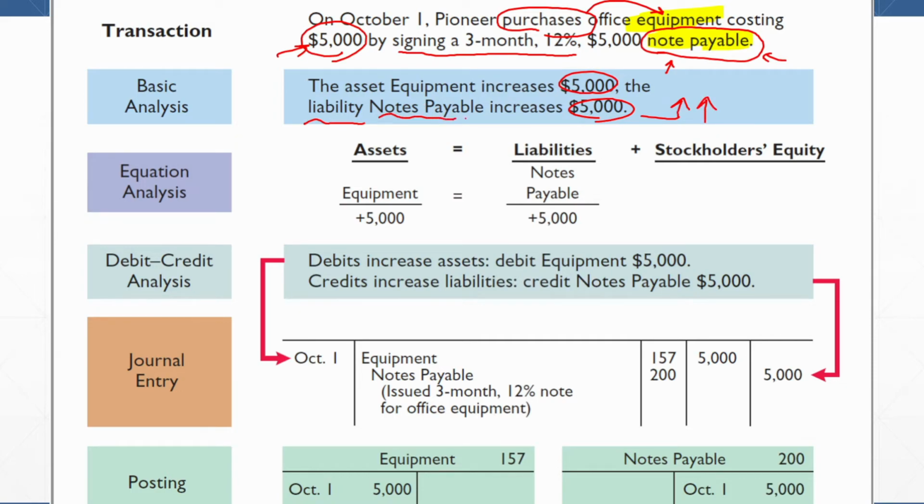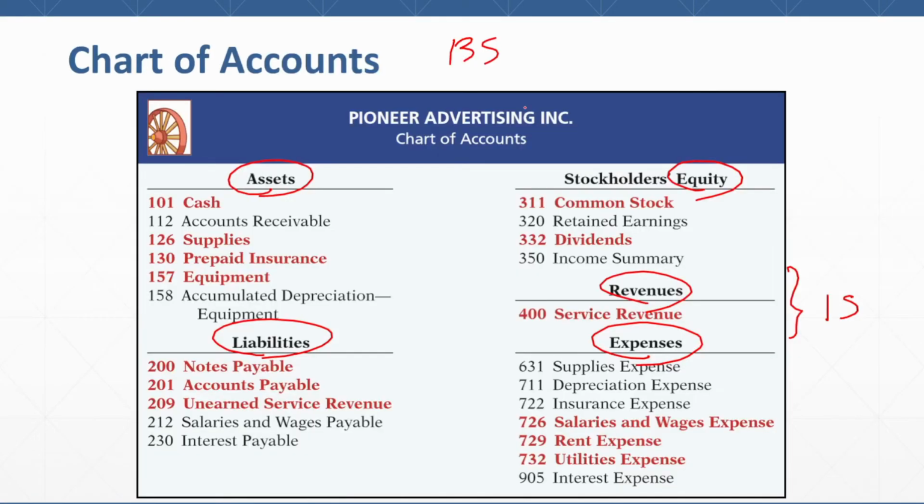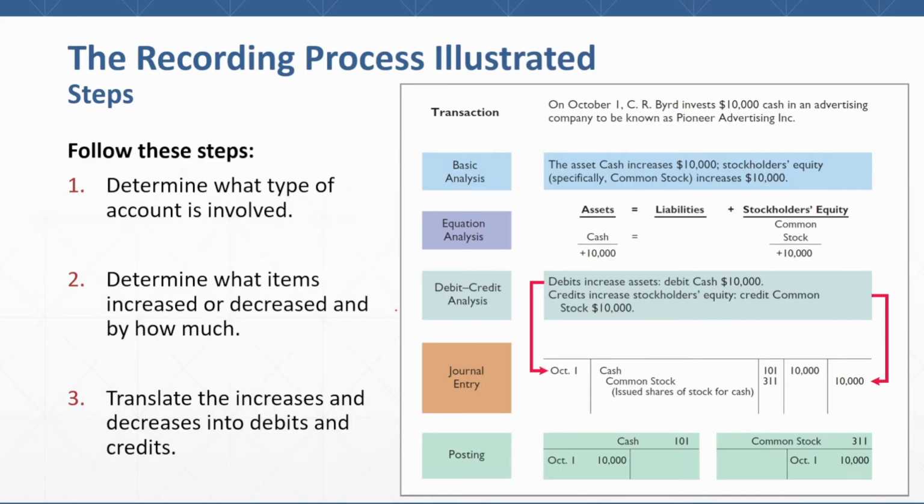Again, at this point you may not really have a good idea about the types of different accounts. The only solution at this point is to go and read your chart of accounts. So as you can see, notes payable are here and they are liabilities. As you practice more and more, you will learn more about different types of accounts. So after the analysis,